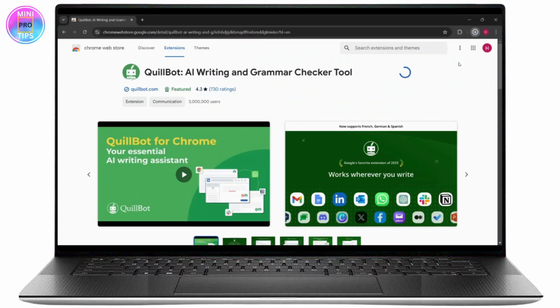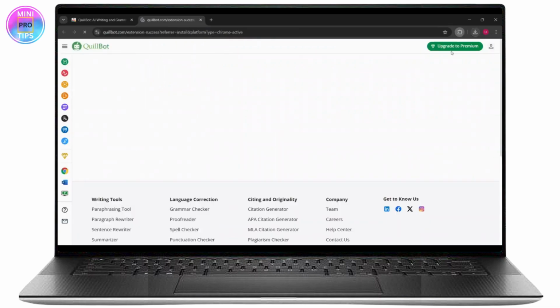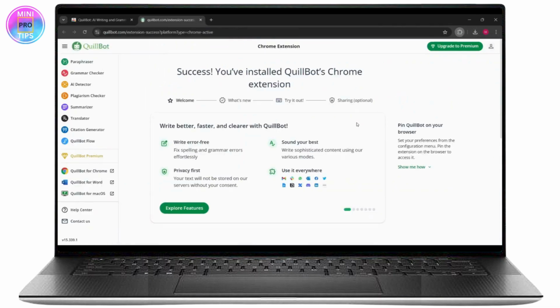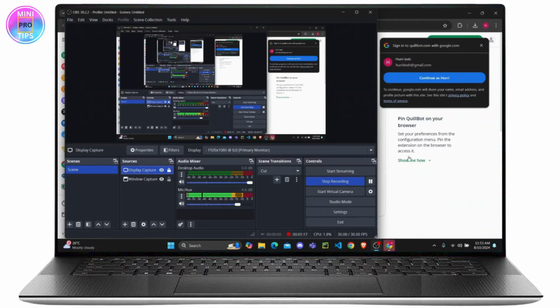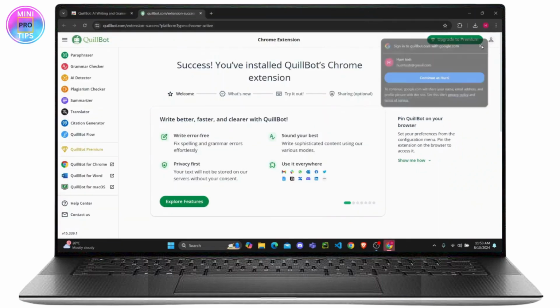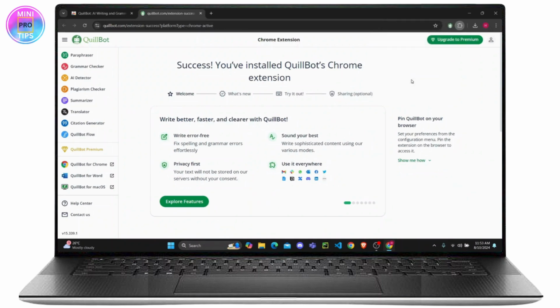It's downloading right here, and once done, you can find your QuillBot extension on the extension collection. So right here you can see I have my QuillBot extension open, and if you want to add this to your Word, what you can do is